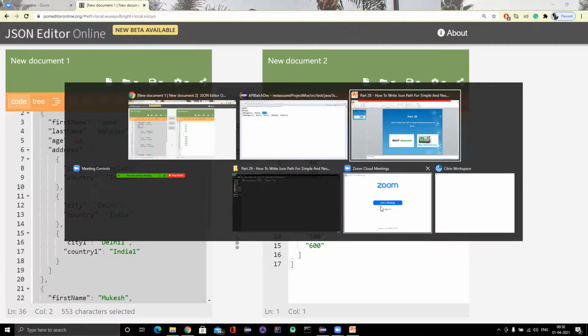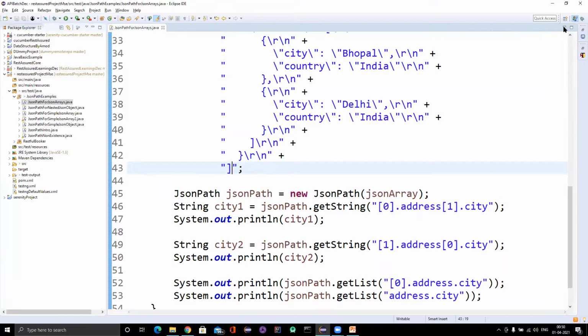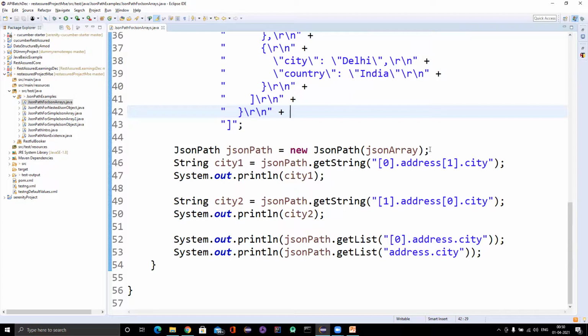So that is the concept here. I think this is good for this video. There are so many things in JSON path which we cannot learn everything immediately, but you need to practice and understand the basic flow for JSON array and JSON object. When we see a lot of examples, we are going to write and learn many JSON paths. Don't worry about that one, but be clear on basics.